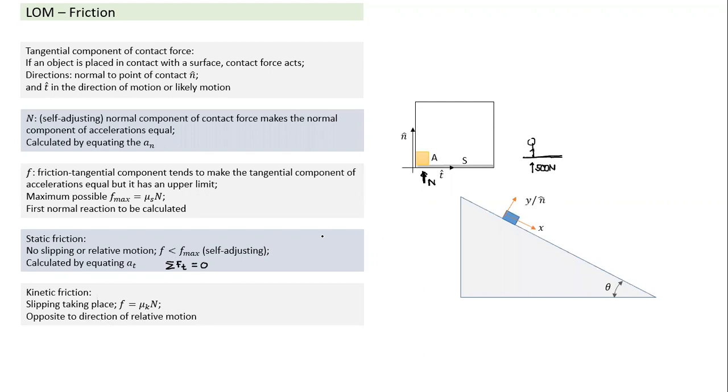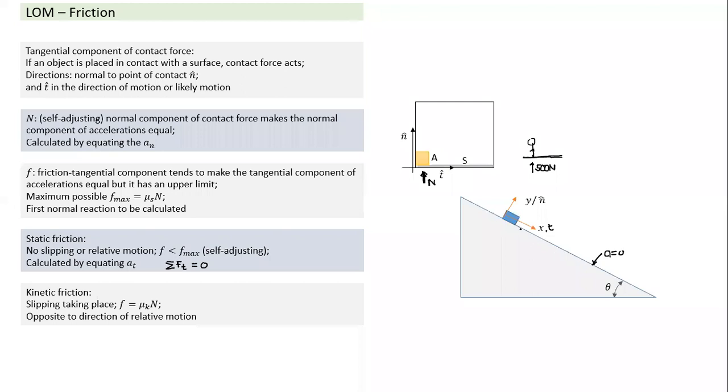And coming back to normal reaction, this is normal reaction. Let's see what happens in case of an inclined surface. Many times we use y. When we use y perpendicular to a surface, y is nothing but n cap. That's the normal direction, and this is the tangential direction. So the x is in the tangential direction. So in this case also, what are the forces acting? Let's try to understand how we arrive at the normal reaction when the surface is at acceleration 0. First, we'll take this surface here as having 0 acceleration.